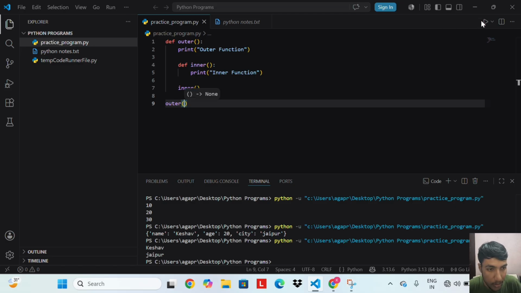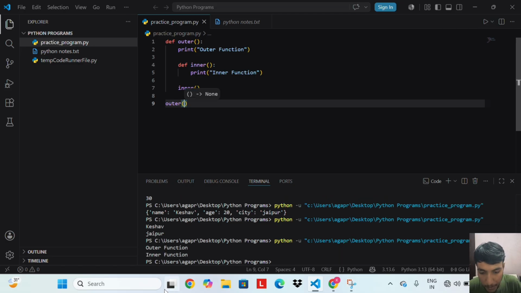Let's run this code. We get outer function, then inner function.